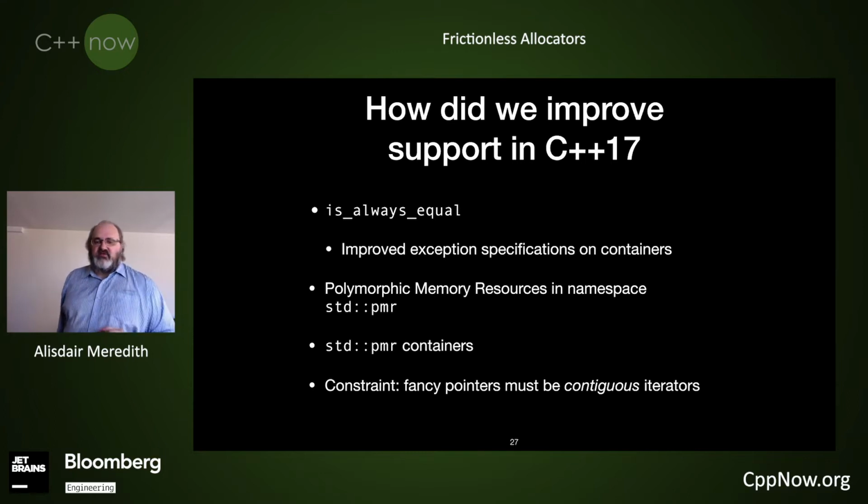And the other change in 17, which may or may not be noticed, is if you have fancy pointers, so you're doing one of these other shared memory allocators or something similar, the allocations that return from those must be contiguous iterators. So you can't have funky pointers that say, here's a list you can walk over memory. No, it's got to be a single contiguous allocation now, which I don't think anybody supported anything different anyway, other than me writing a few crazy test drivers. So it clarified what people already thought the rule was.